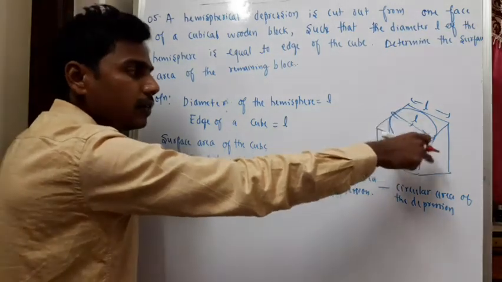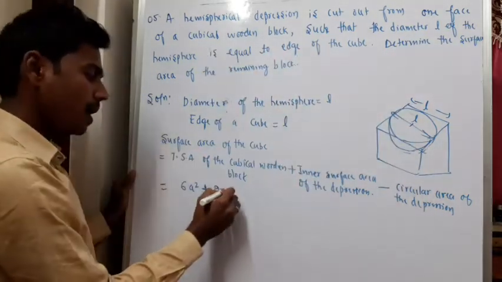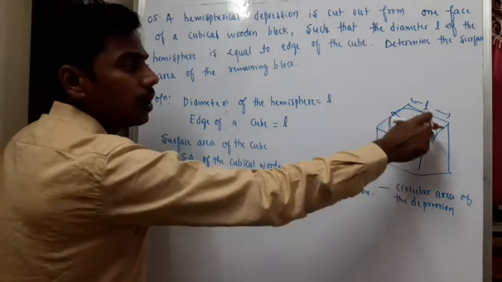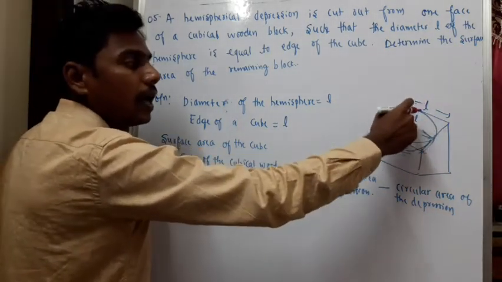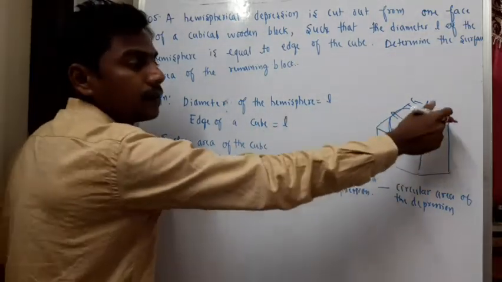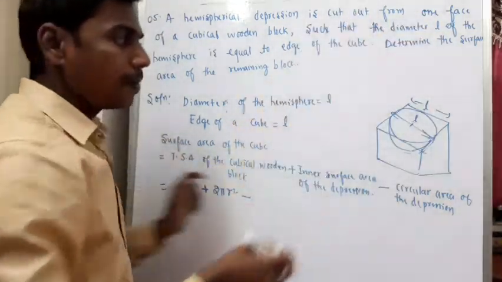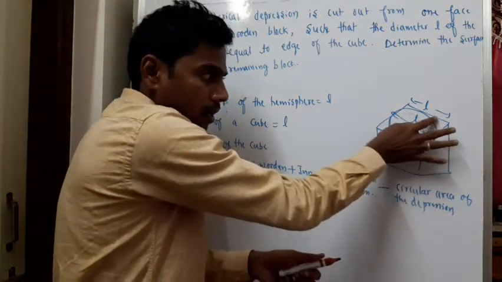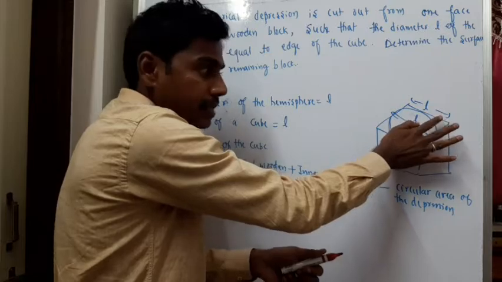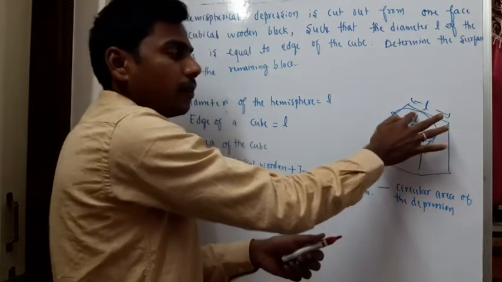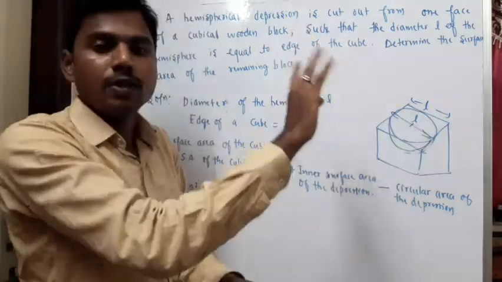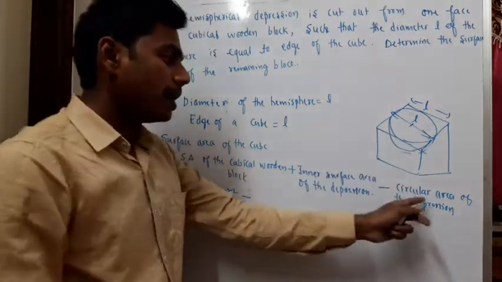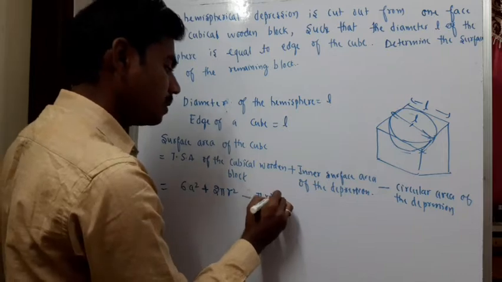This is hollow, that is the reason only the curved part I will take, that is 2 pi r square, plus, so minus. I need to remove this because I should not cover this. By default I had covered this particular face area, so I need only this area. This we didn't cut, it is there, this surface is there, but we have removed this surface, we have taken the curved surface, so that we need to include. So to eliminate that one, I need to subtract this area, that is pi r square.